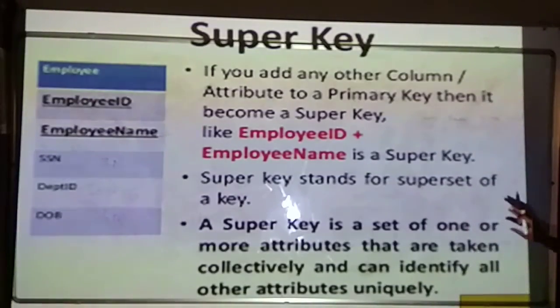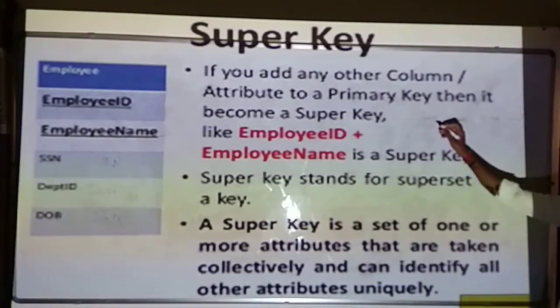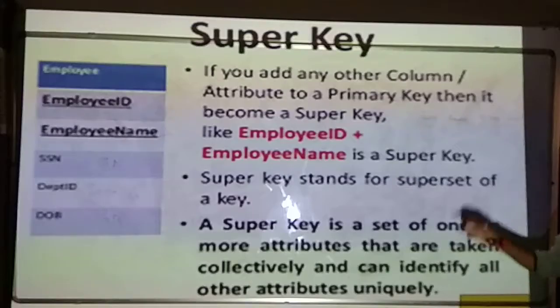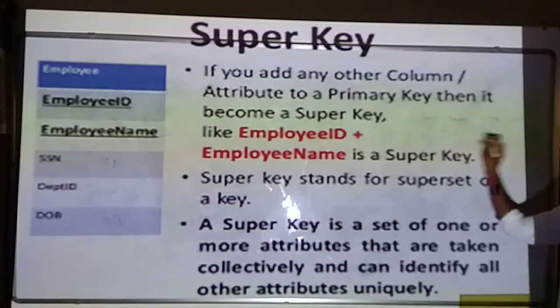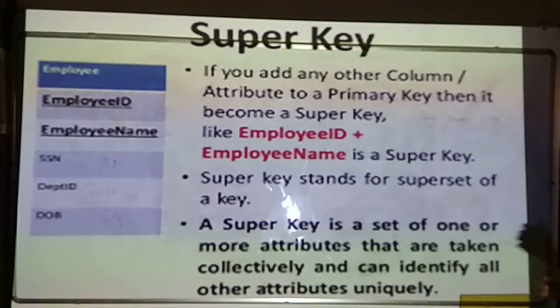A super key is a set of one or more attributes. The fields that you are specifying are the attributes. You can take only student ID, you can take student name, or else you can collectively take student ID, student name, student fee, department ID in order to identify a tuple of information in a unique manner.